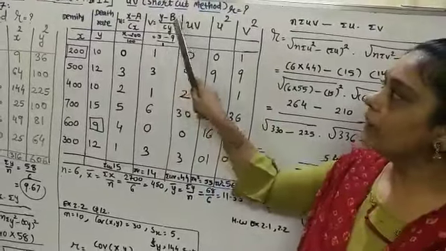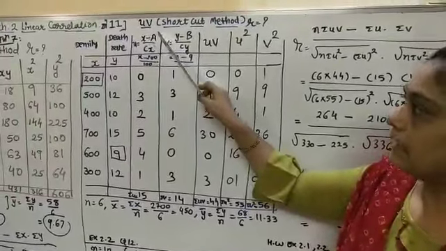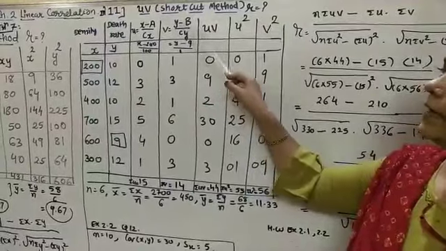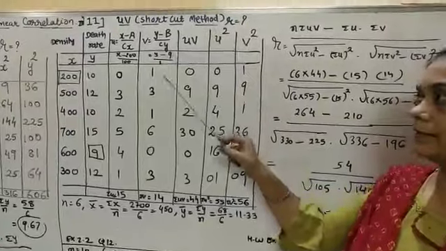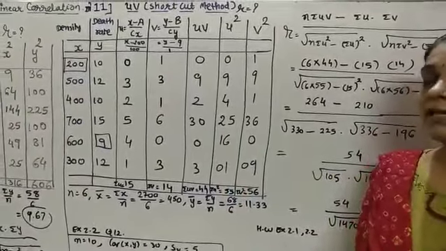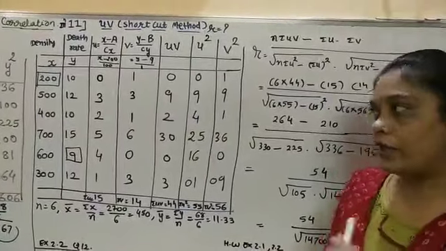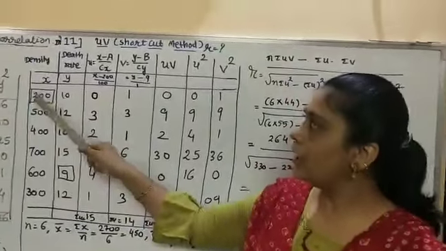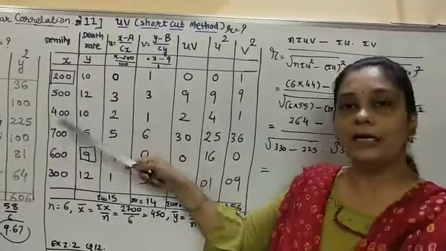So these are the two main workings that are new for you. So u is equal to x minus a upon cx, common multiple, and v is equal to y minus b divided by cy, that is, you are going to divide this. Okay, now see, a means what? a means the number which is the smallest one in the column of x. Look, the madam has already drawn a square here, which is that 200. So here I have written 200. What is cx? The common multiple division.